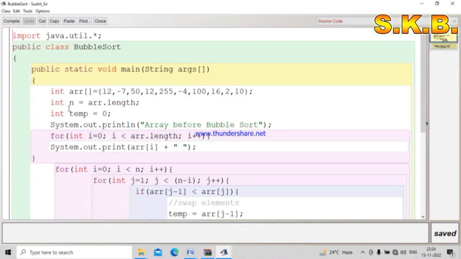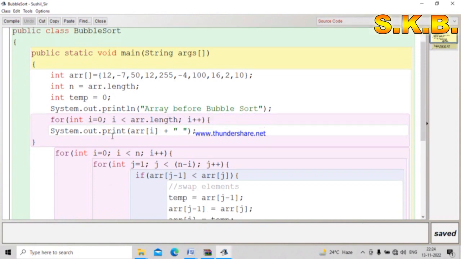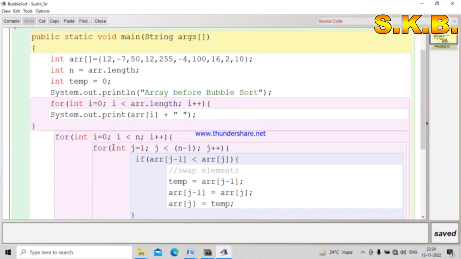Now in variable n I have found the length of the array. And now int temp = 0. One temporary variable I have taken to do the swap operation. Now, array before bubble sort, it's the loop. Just see, it is for (int i = 0; i < array.length; i++) { System.out.print(array[i] + ", "); }